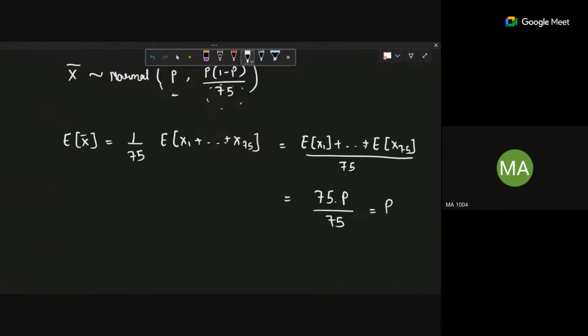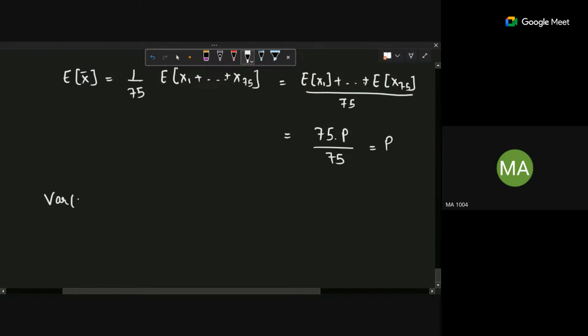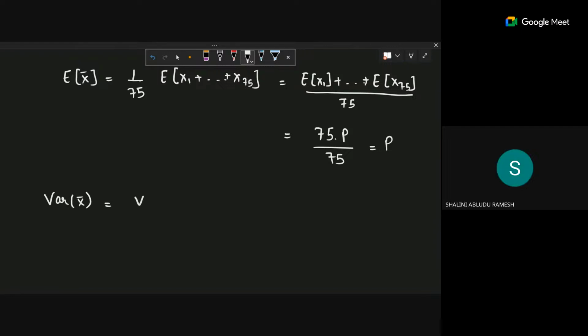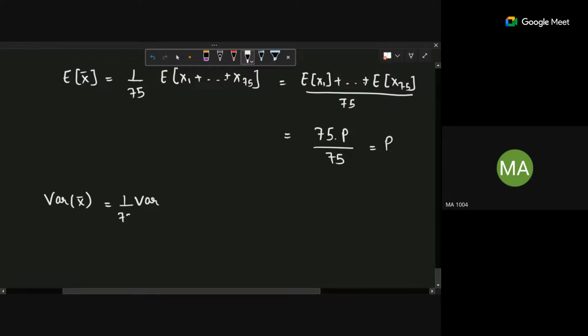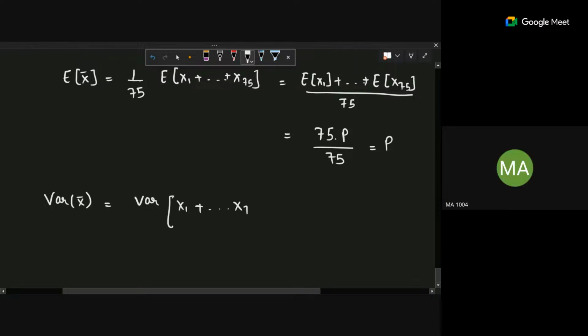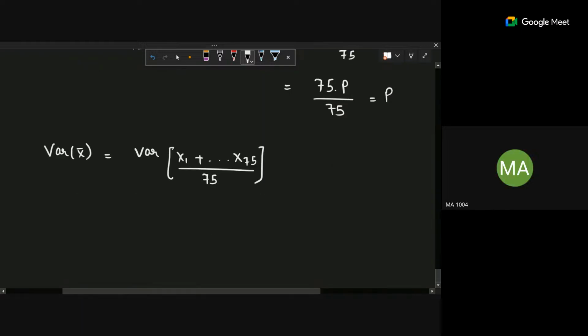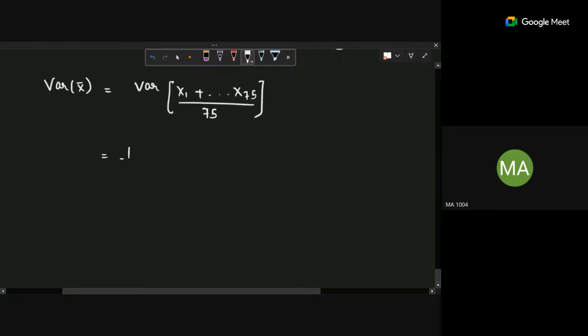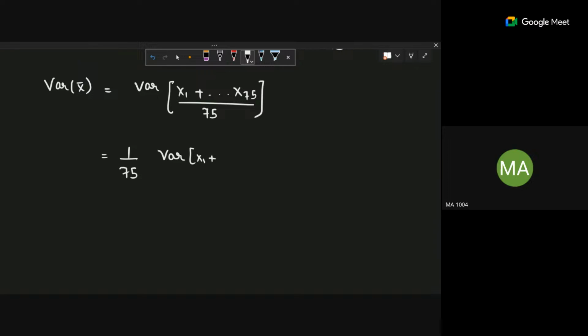Let's take the variance. Variance of x bar will be 1 upon 75 squared, into 75 into P into 1 minus P. The 75 will be cut out. In variances, what we do is this constant comes out with the square. So 1 upon 75 squared, and variance of